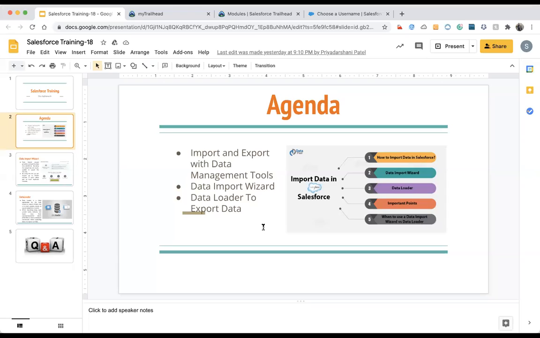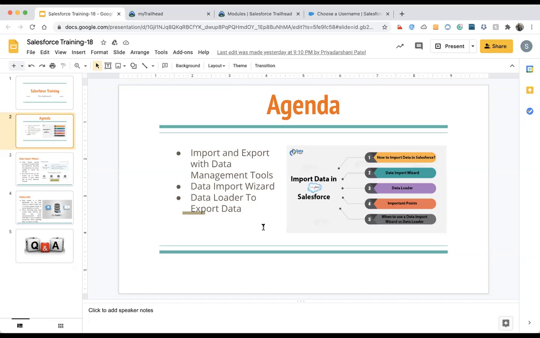For data migration, you all know that CSV files are comma separated values. All the values are comma separated, and when you press enter, the rows go to the next line, with values over there, something like that. So the CSV file is the most important file, which is used by all of the tools that are available.